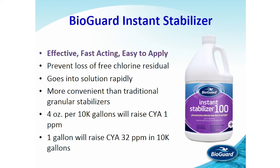To finish out this school, I want to talk about a couple of products that I feel are important for you to know about. First and foremost, you want to make sure in your pool that you have enough stabilizer. We didn't really talk about stabilizer when we talked about chlorine, but the point of stabilizer in the water is basically like a sunscreen for chlorine, right? It goes in and puts sunscreen on the chlorine so that the UV rays of the sun don't